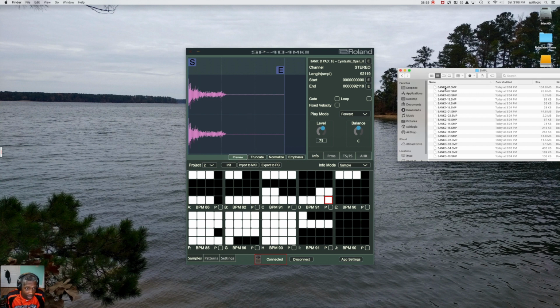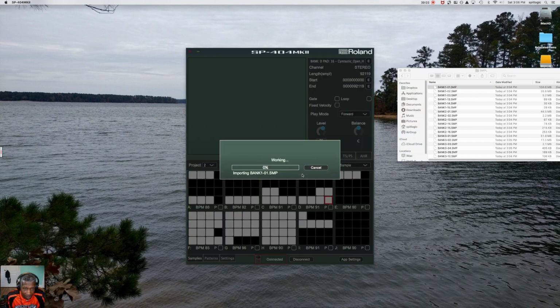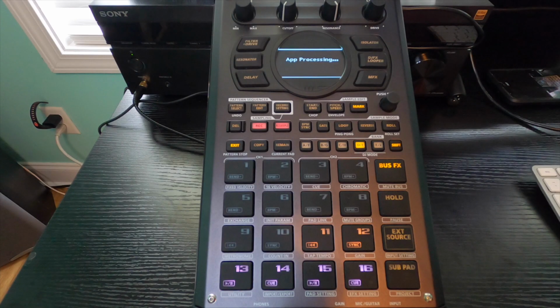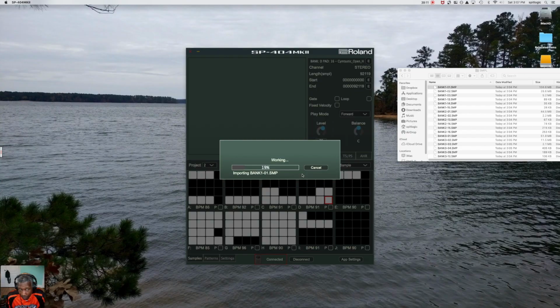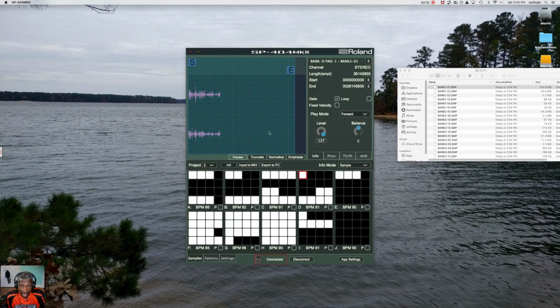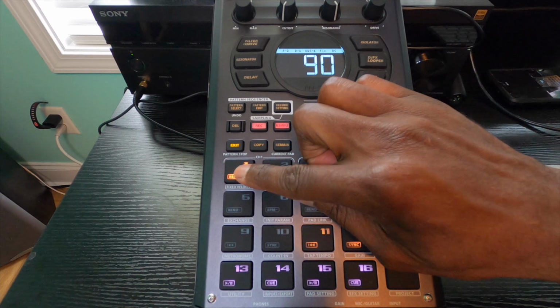So if I take this sample and I drag it to this spot, you see on the Mark II, processing. And now you see the actual loop here, right? So if I hit preview on my pad,